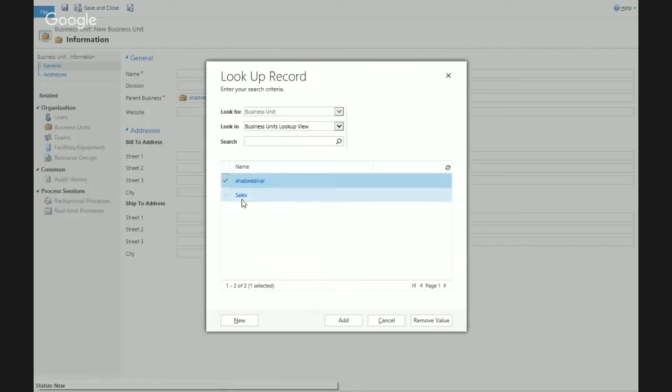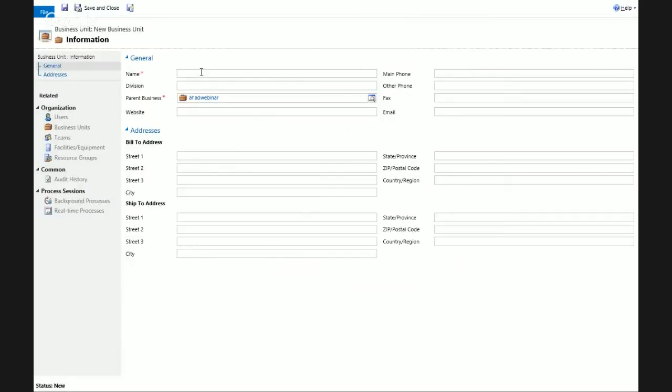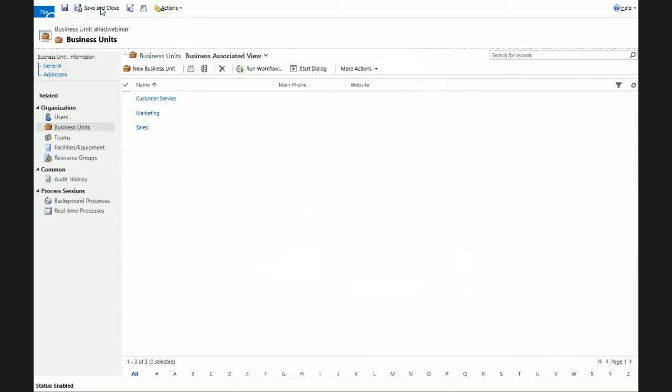One is the top, and the other is the one that we just created after that, the sales. So let's say now we create a business unit for marketing. Save and new. You say customer service, and save and close. So we have three business units which are all parented by the top business unit of the organization. Now,